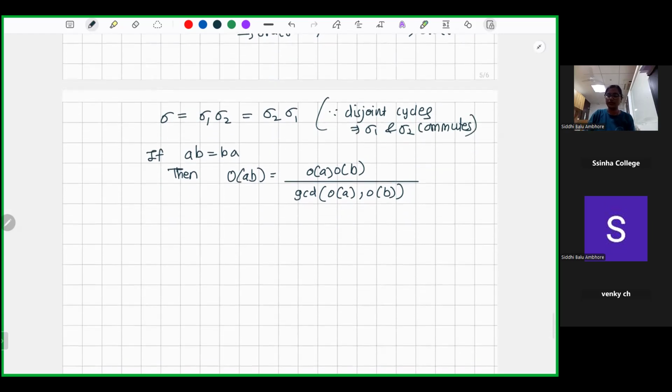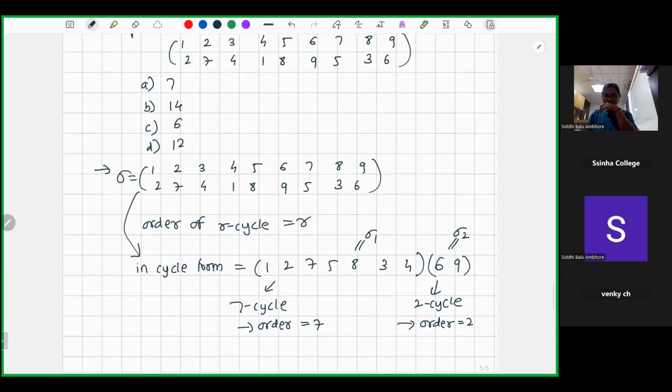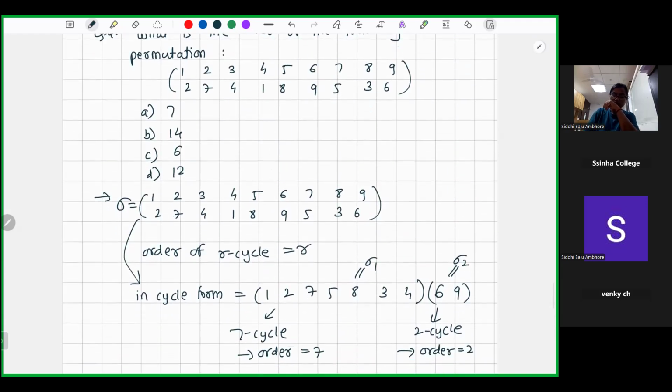Therefore using this formula we can find the order of sigma to be order of sigma 1 times order of sigma 2 divided by GCD of order of sigma 1 and order of sigma 2, and that is just 7 into 2 by 1, that is 14. So this is the correct answer here. 14 is the order